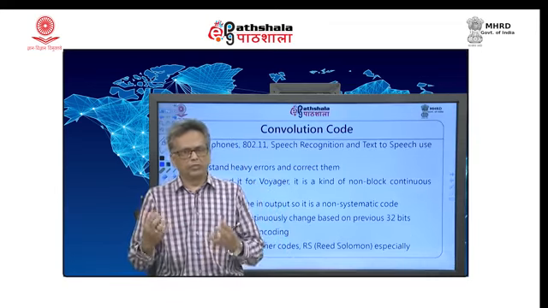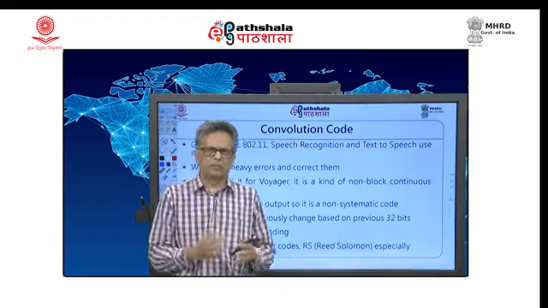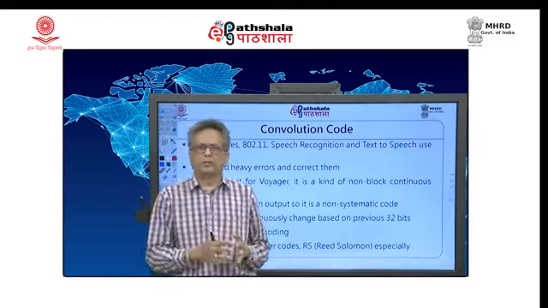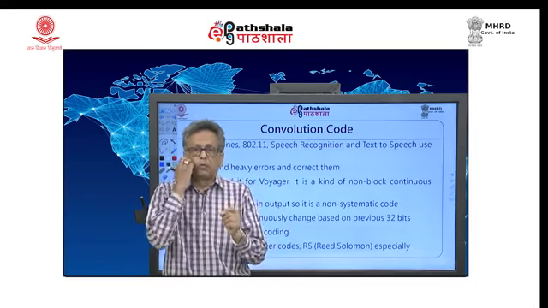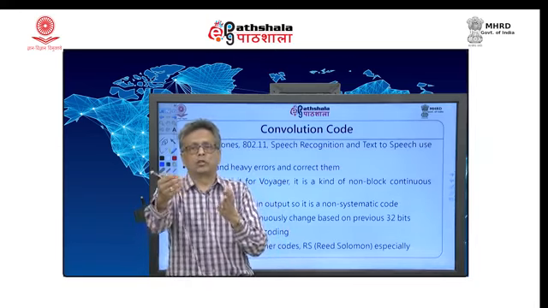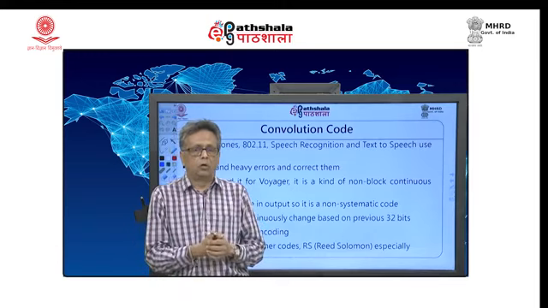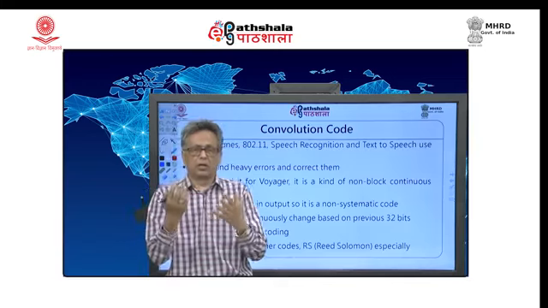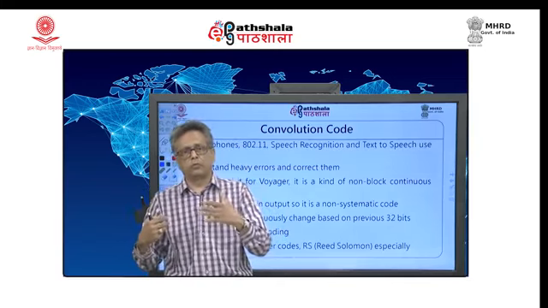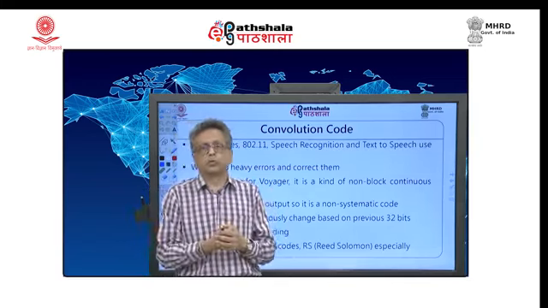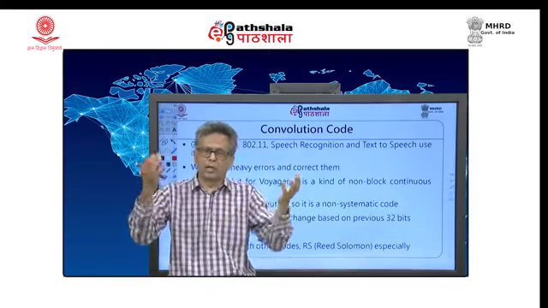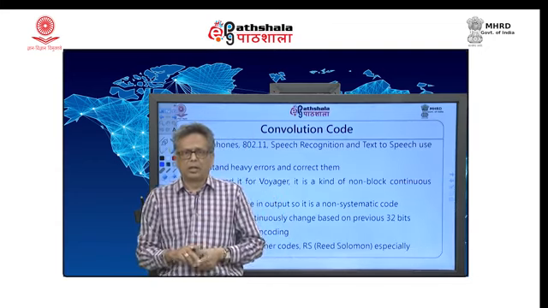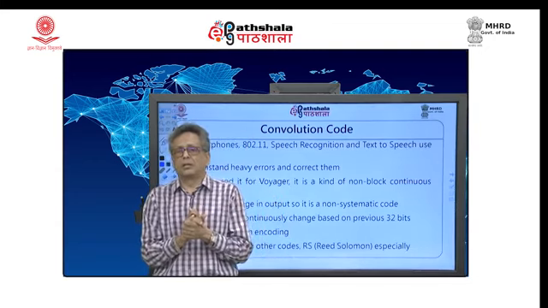What do they do? In fact, we are going to look at 3 different types of codes soon. All 3 of them have one thing in common. What they try to do is to guess what the input is based on the output. Do not go for hard coded values, but try to guess, not only on the basis of what is coming, but on the context as well, and try to have multiple guesses and then use some intelligent method to choose the best guess out of them. That makes it better at correcting.